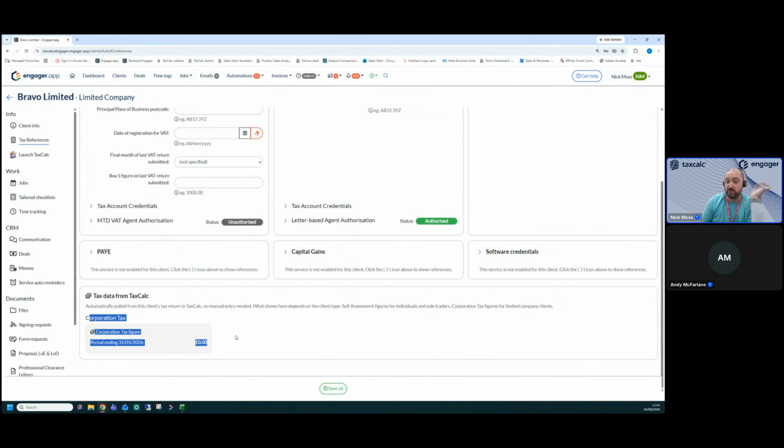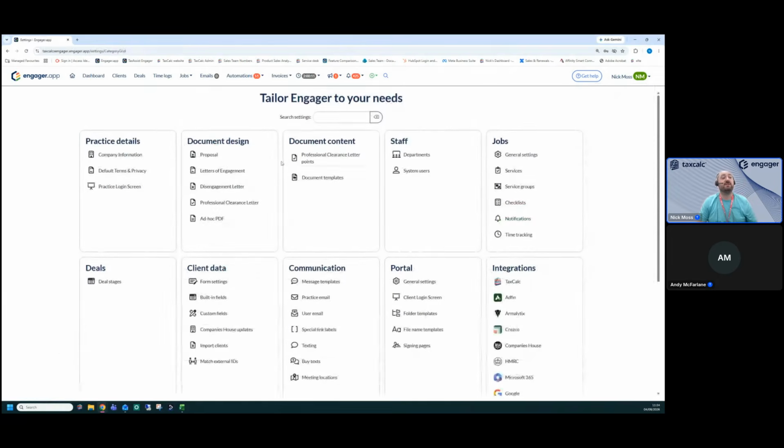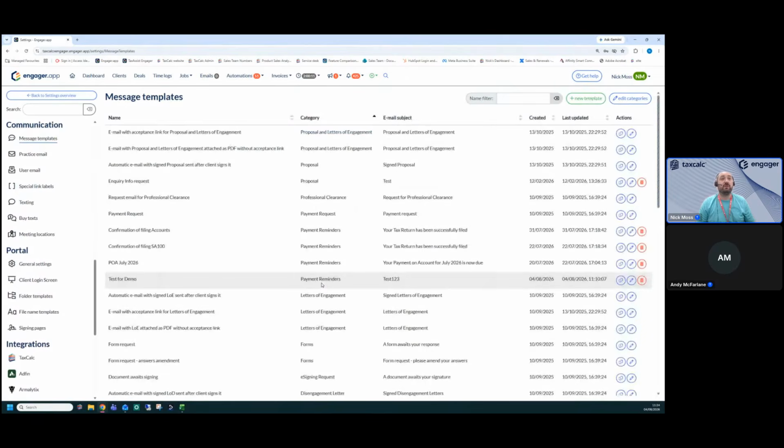Super helpful data point to see just at any point in time, okay? There is no integration with Iris, unfortunately, purely with TaxCalc on Engager. That would then effectively allow you to go to the email templates that I mentioned before. So you go to your settings and go to message templates. I could then create a new template. So if I go to new template at the top and call it